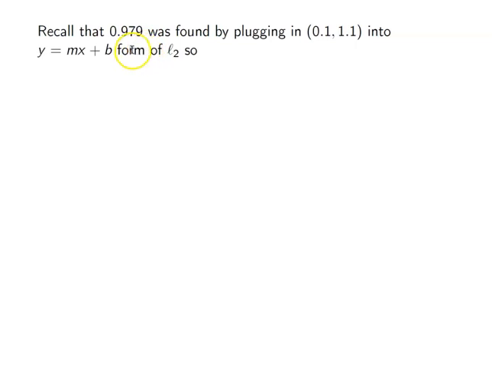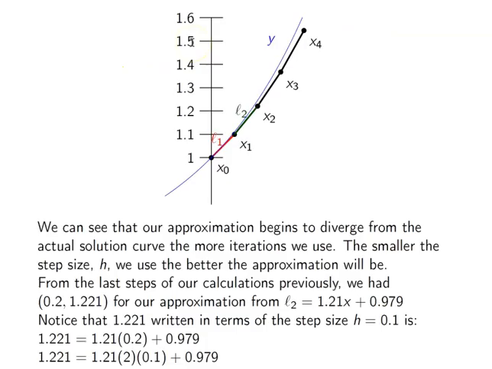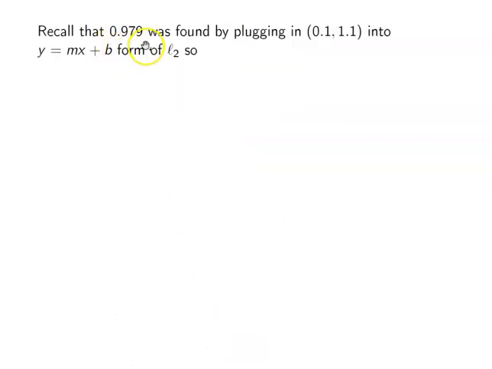So recall that 0.979 was found in the same way, okay? This was the b value. In order to find the b value in a line, I plugged my first step and the output that went with it on that tangent line L1 into L2. So this was b equals y minus m, the slope, times x, right? So that's how I solve for 0.977, not, sorry, 0.979, is I plugged it into y equals mx plus b,